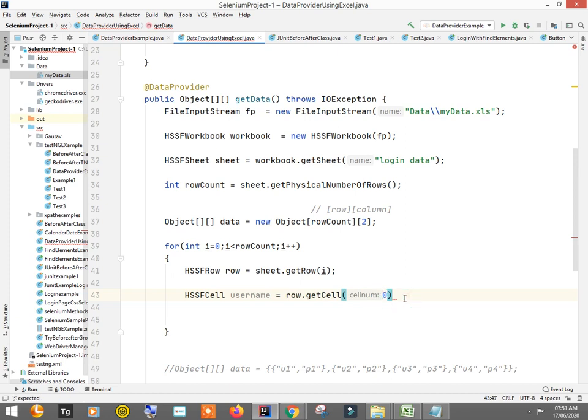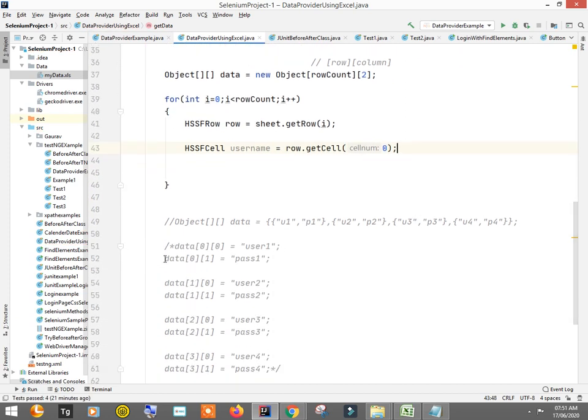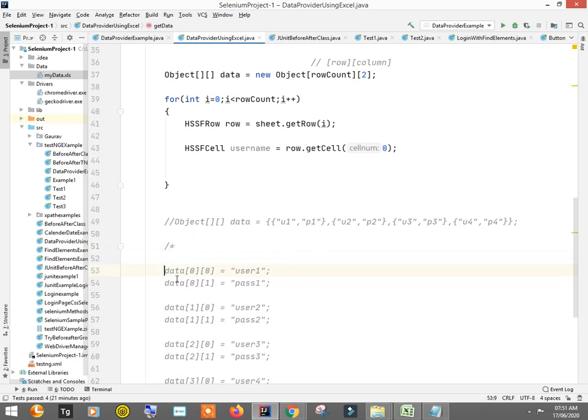Now just like this, we put the value in data 0 0. We will do the same here. Data, here instead of 0, this is the row and this is the column. So for the row, I'll write i, whatever the value of i will be there, it will be picked up, and the column is 0th, right? So for this I've written i, 0.